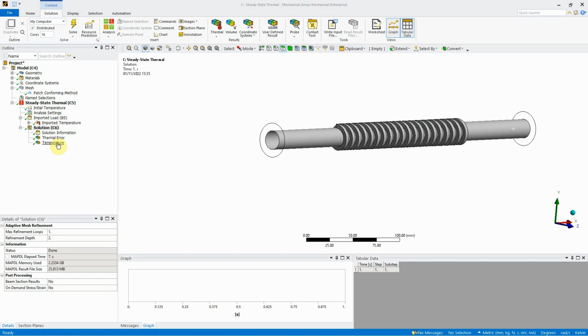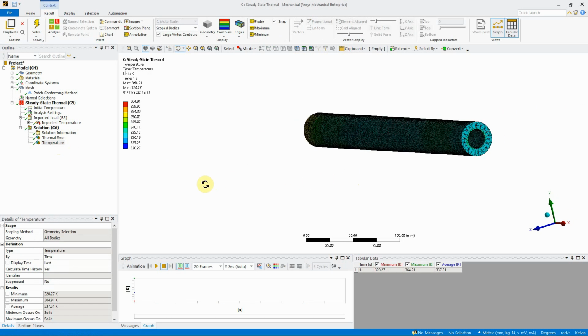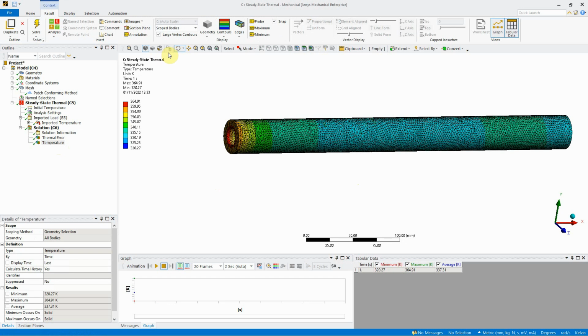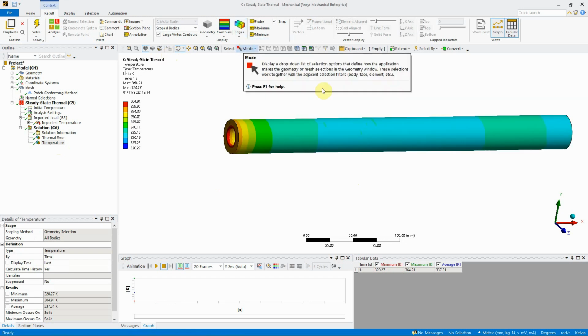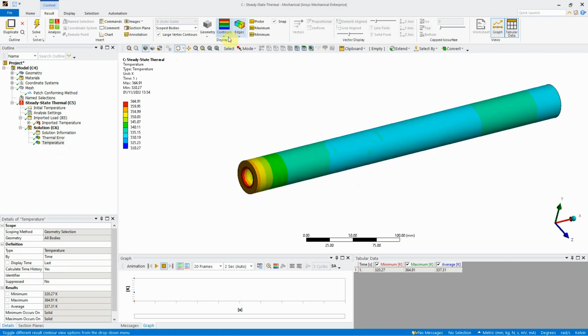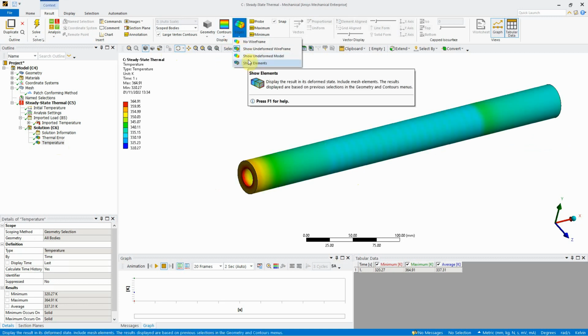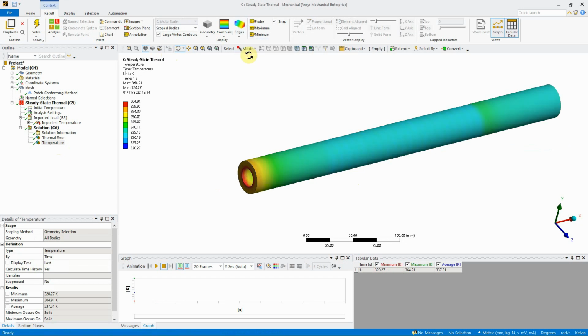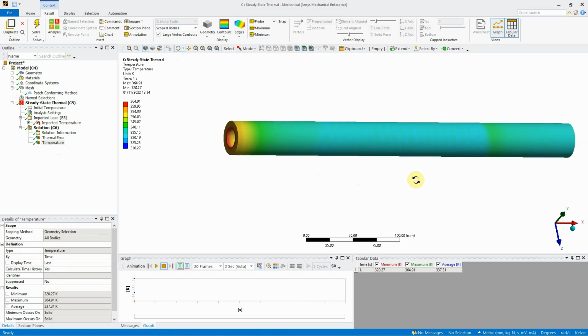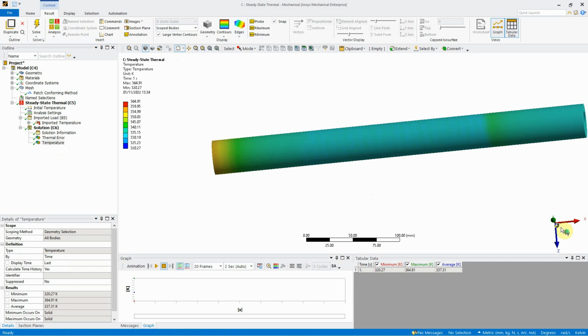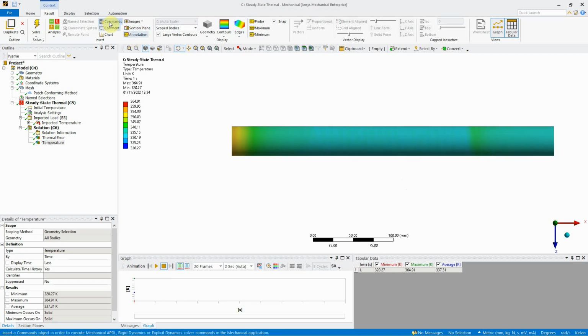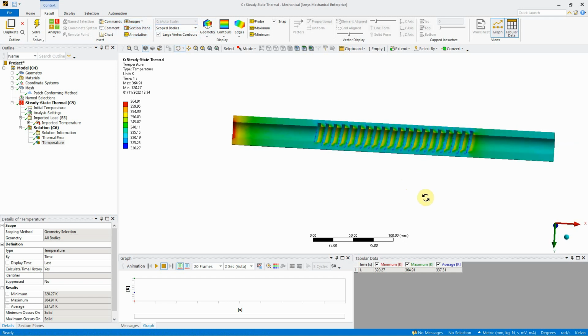Okay, so now what we can do is look at the temperature load going all the way through. Now you can get rid of the mesh on here. I think it was show wireframe, so you can see it like this, a little better. You can also look at the contour, smooth, or you can change it to ISO lines, smooth. Yeah, a bit nicer that way. And you can create a mid-cut plane going through here as well to show what's actually happening inside. So again, section plane, creating a mid-cut plane for the middle to show what's happening to the temperature